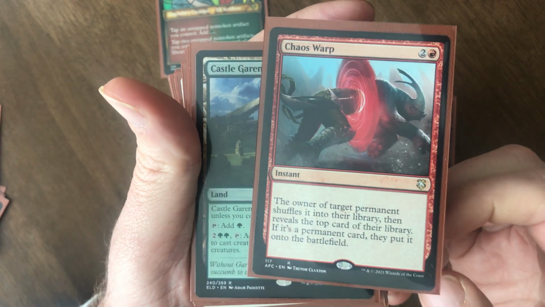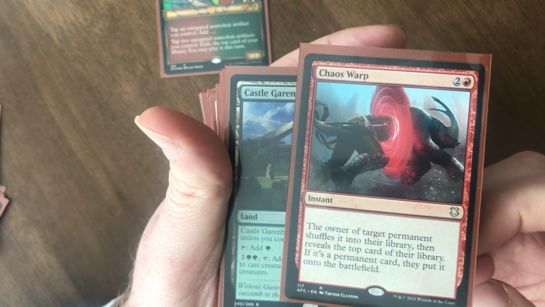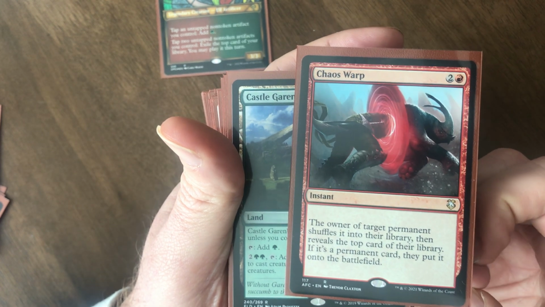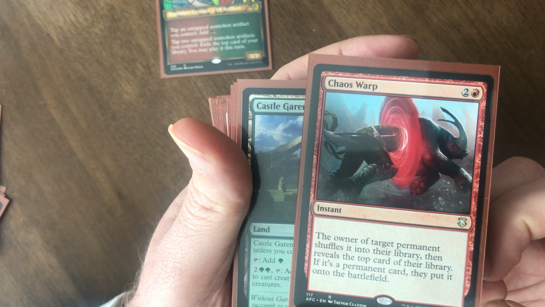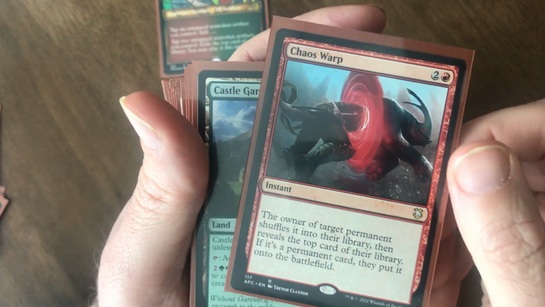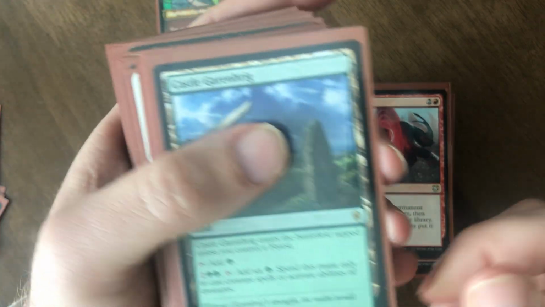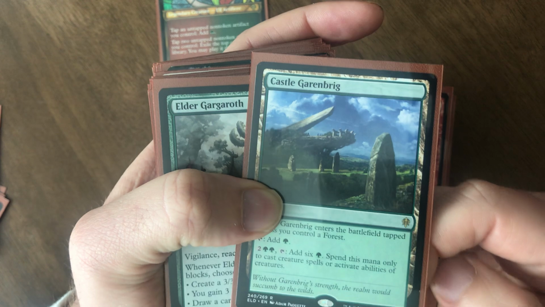This is a card that we're probably going to be targeting our opponents with. Usually, if maybe we know about something that's coming up on top of our deck, and maybe we want to get that card onto the battlefield, that's also a possibility too. So just a great card. Chaos Warp, Castle Garenbrig. This gives us a little bit of fast mana advantage. If we have a forest on